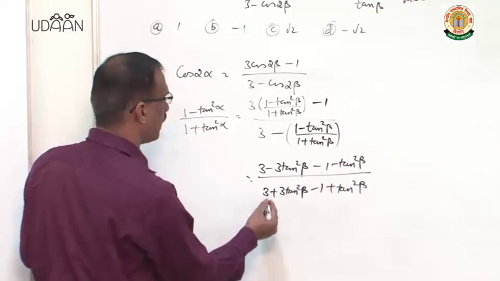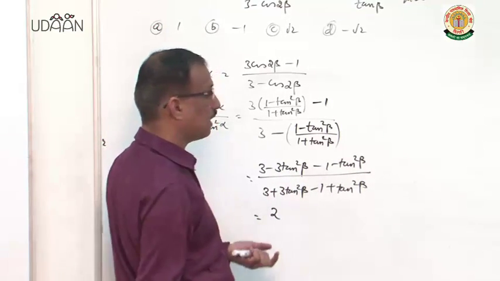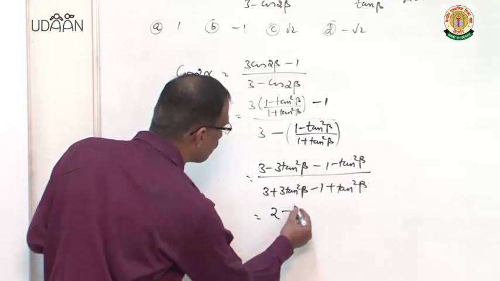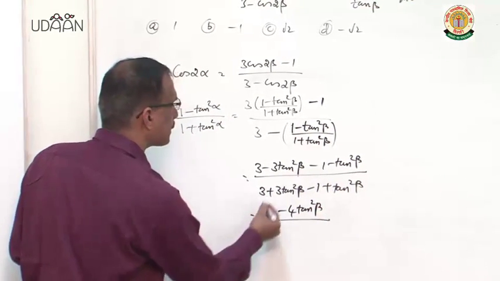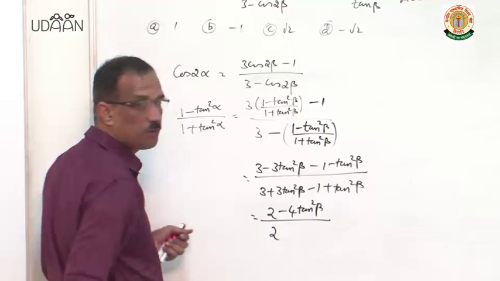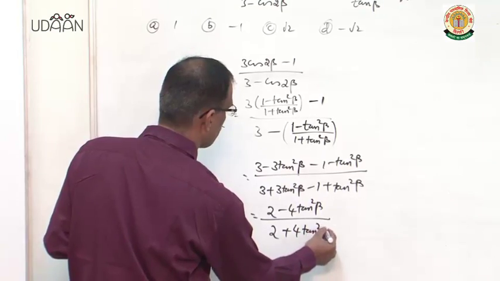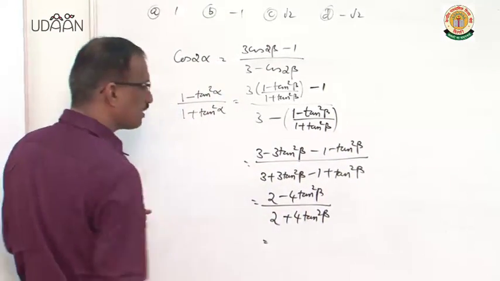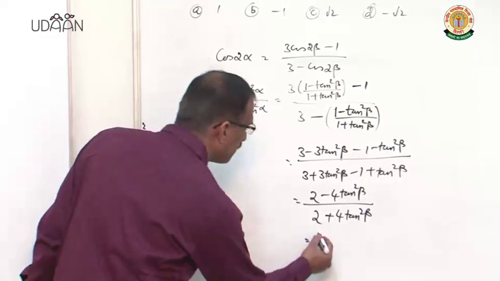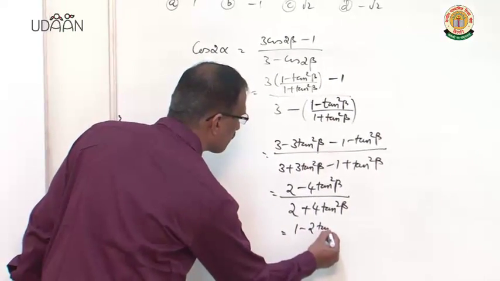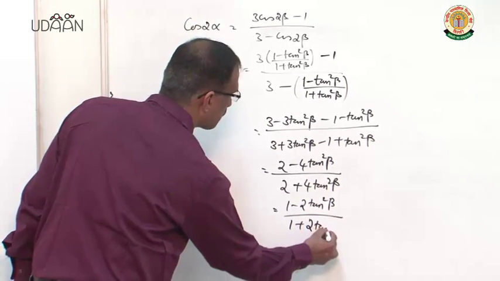So now what you get? 3 minus 1, that is 2, and minus 3 minus 1, minus 4 tan squared beta, upon 3 minus 1, 2, and 3 plus 1, 4 tan squared beta. So this gives us, if you cancel 2 by taking common, 1 minus 2 tan squared beta upon 1 plus 2 tan squared beta